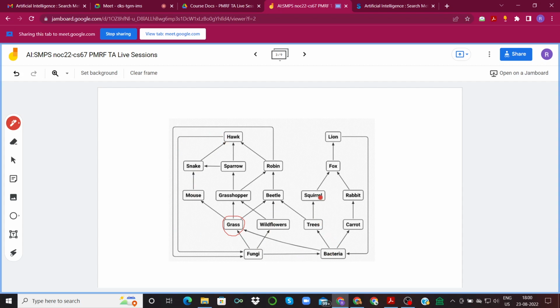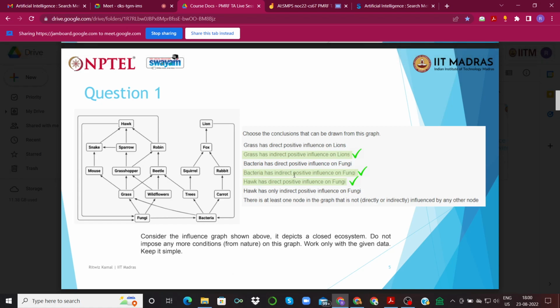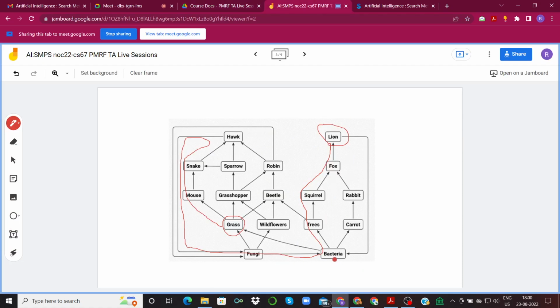If we follow this, one way we'll reach the lion. So we can say that grass has a positive influence on lions. Similarly, bacteria has an indirect positive influence on fungi. We just follow this path. This is true. And then hawk has a direct positive influence on fungi.